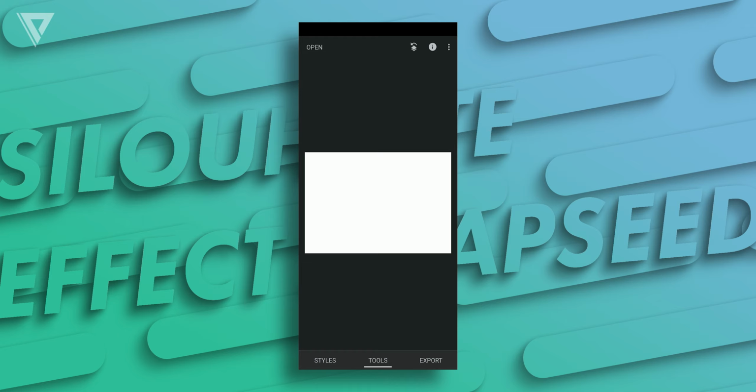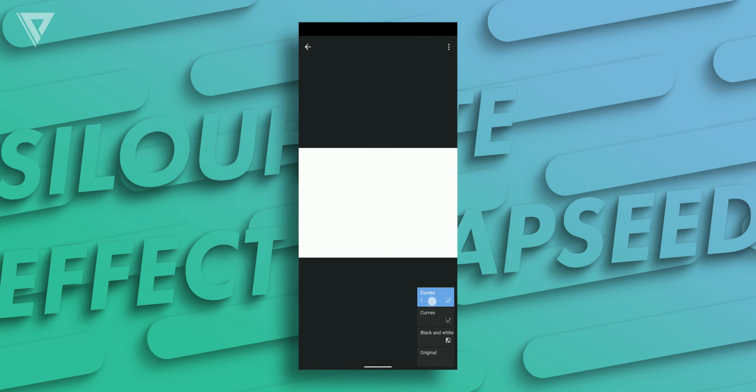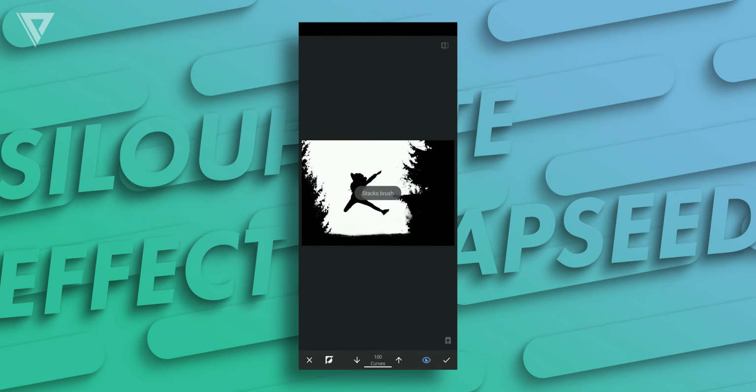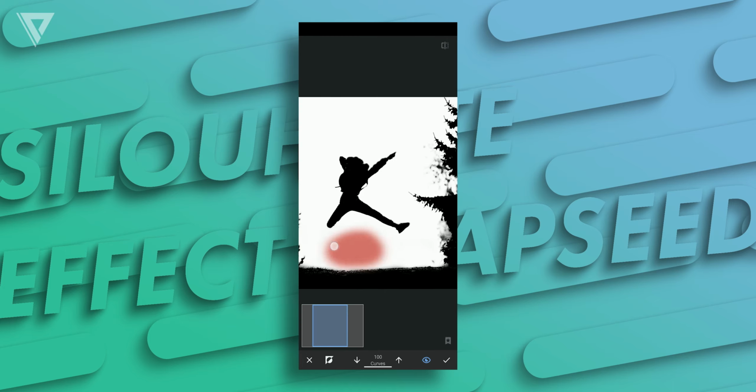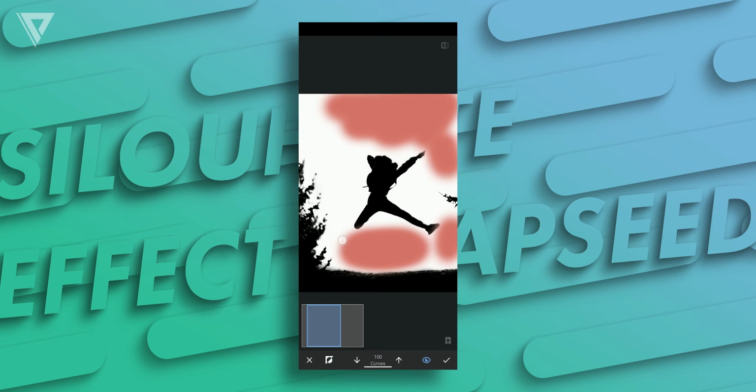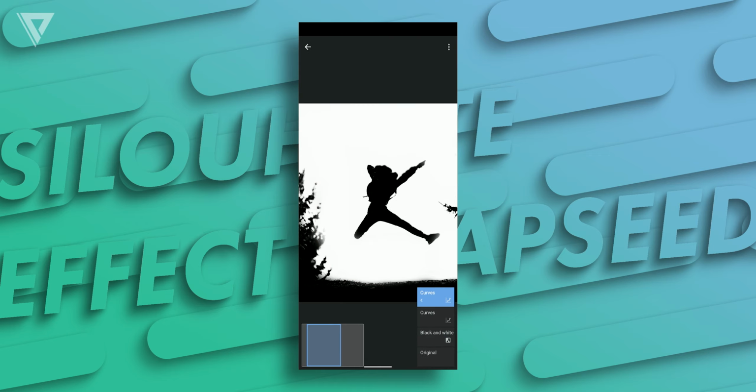Mask it out. I'm again gonna fast forward the process so that you won't get bored. After applying the mask, tap the check button.